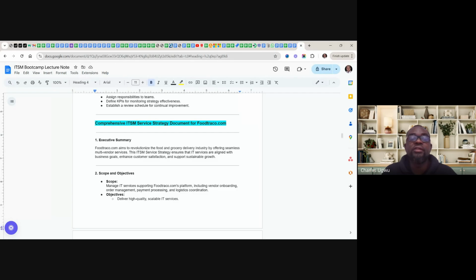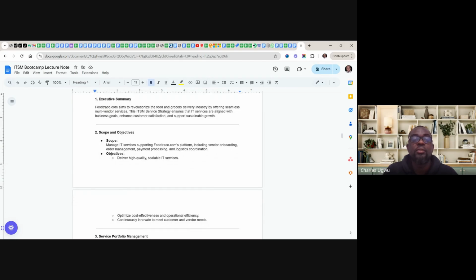This is the comprehensive IT service strategy document for FoodTrackO. Executive summary: FoodTrackO aims to revolutionize the food and grocery delivery industry by offering seamless multi-vendor services. This ITSM service strategy ensures that IT services align with business goals, enhance customer satisfaction, and support sustainable growth. The scope,